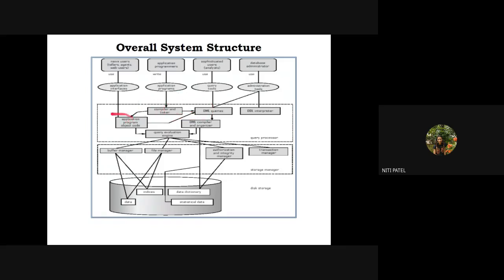Okay. And the last one is application program object code. What is this application program object code? Now whenever there is a source code, many a times in front end we have different programming languages and in the back end we may make use of database. तो जब भी front end में suppose Java program है जो फिर back end में database से link होकर आपको output दे रहा है. So in such cases we are having some back end as database and in front end some another code. Who is going to look after the conversion from front end to back end and back end to front end? It will be done by this application program object code.